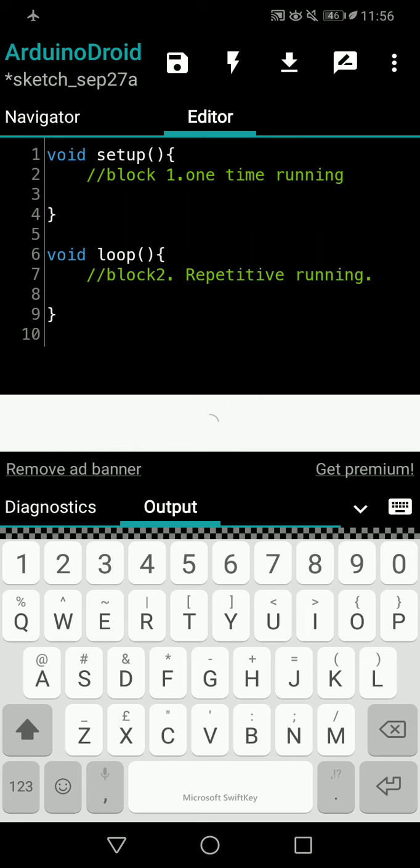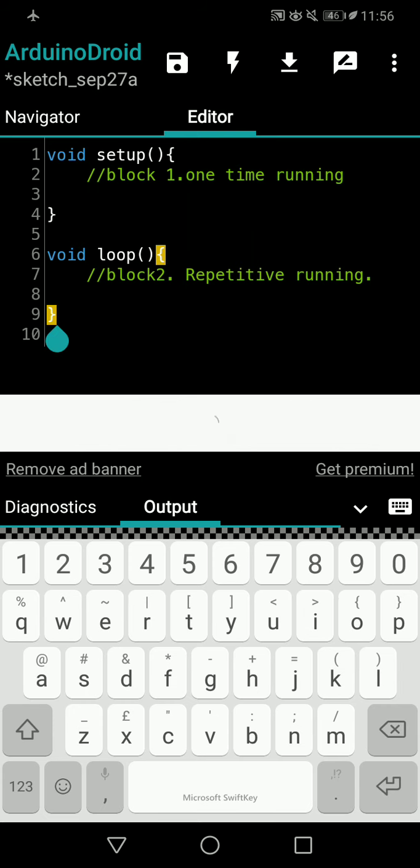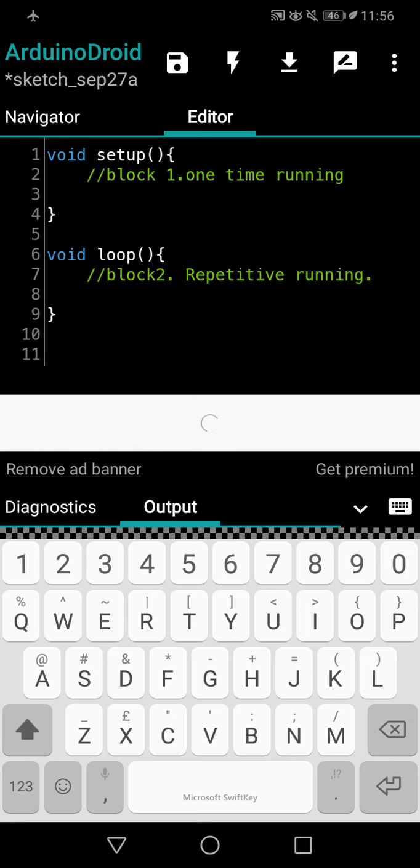So if you don't have any idea, I urge you to go and watch the last video and come back, or you can go and watch the first video, second video, and come back to this third video. So today we will see in technical terms, in Arduino, why we have to use void setup and void loop, and we will see a technical example, because we had a look at the real world example. Now we will have a look at which part of the code should come inside the void setup and which part should come inside the void loop.